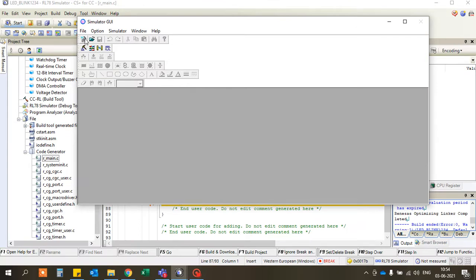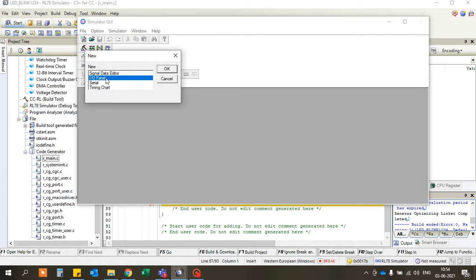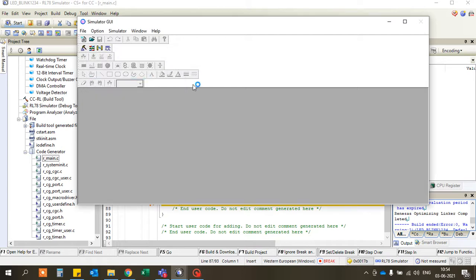So here is the file, new. I need an input output panel. So select the input output panel. It is taking time to open.